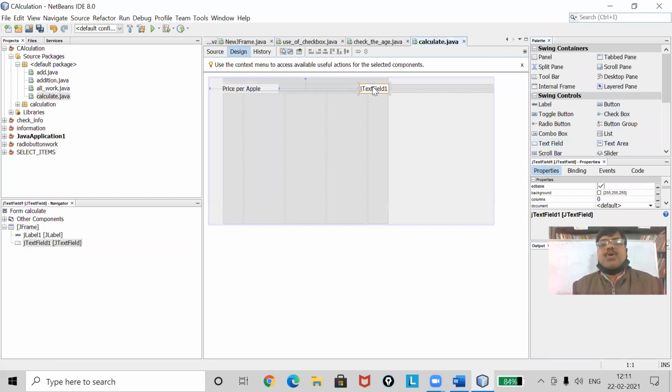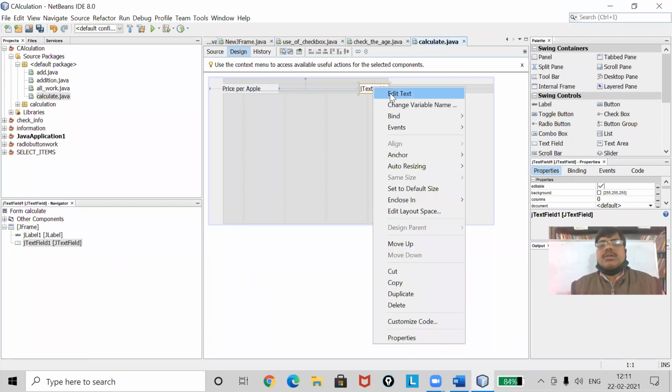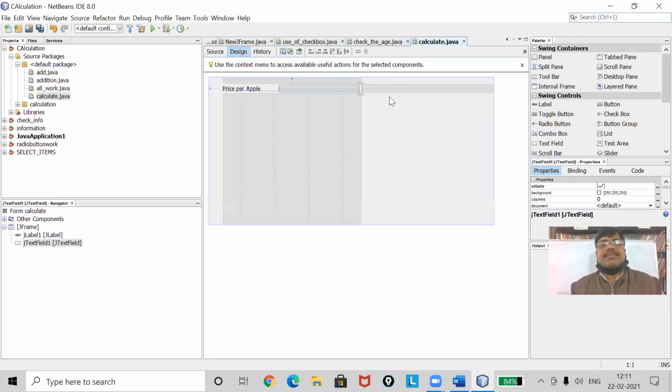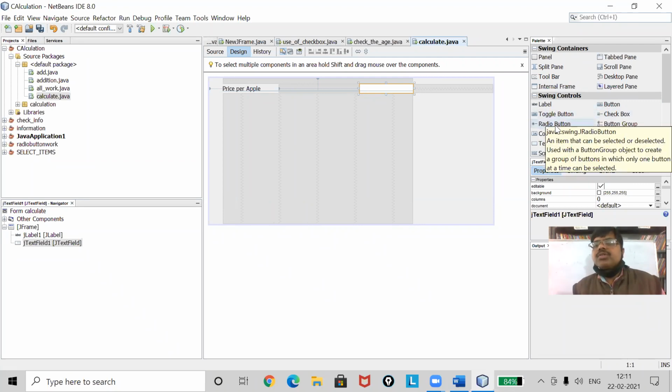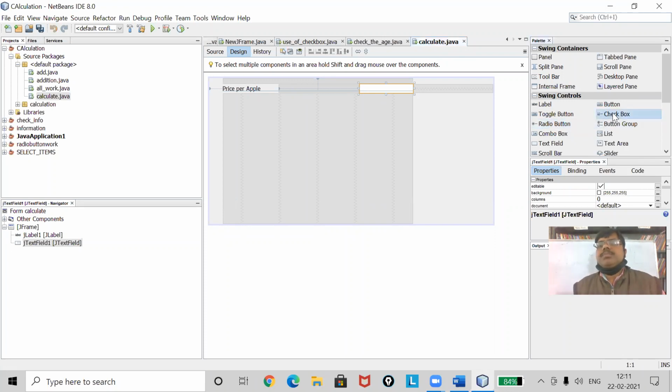Let me have the text box. I will clear it. It is for an apple. Here I'm going to have a checkbox, not radio button.